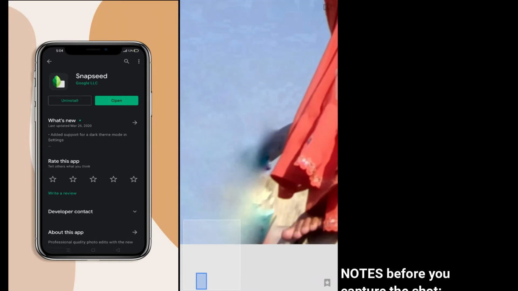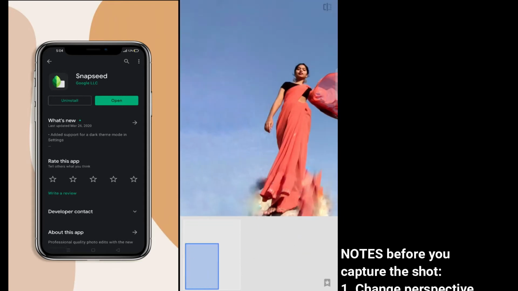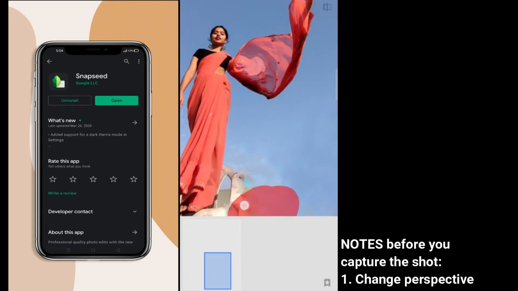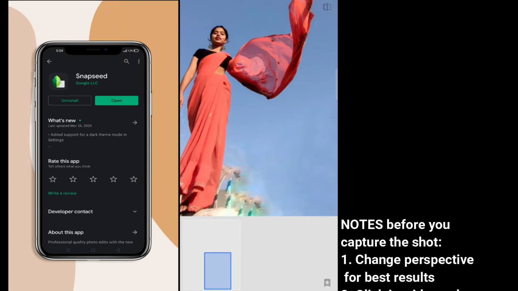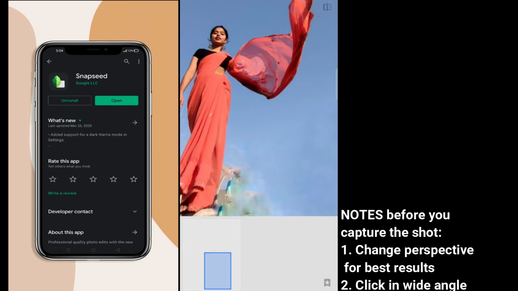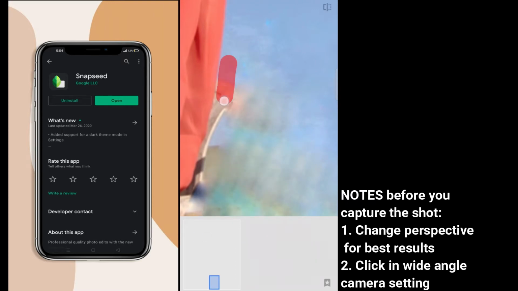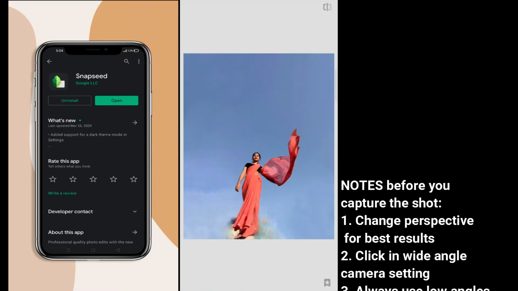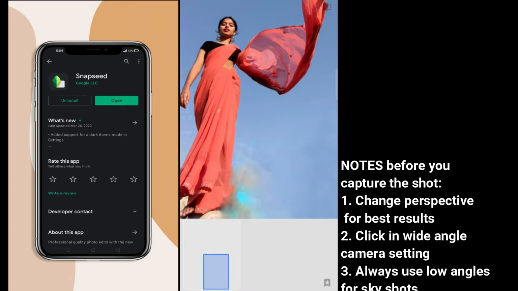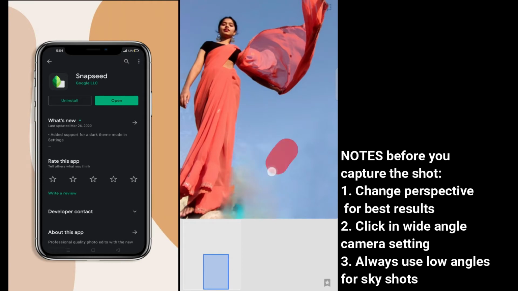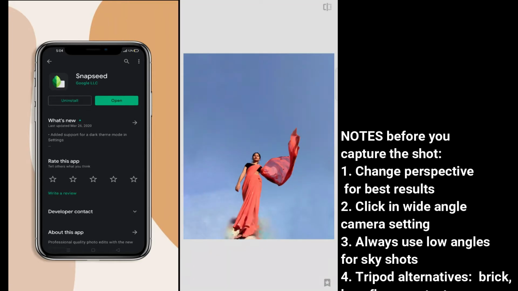So what I have done here is I'm going to healing and I'm going to remove various parts. Already this picture has been expanded and the perspective has been changed. Now once this is done, I'm going to heal it and remove the chair. So basically my ambience on the terrace is not that good. It's surrounded by various buildings, houses, and that's why I have to stand on a chair in the middle of my terrace. I'll be standing on the chair and clicking these pictures, and that is how I get these pictures.